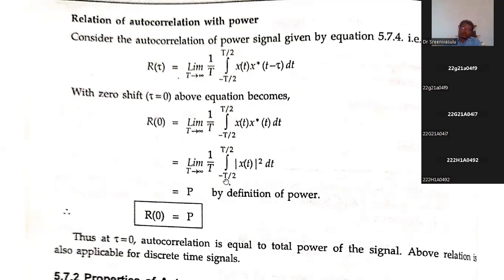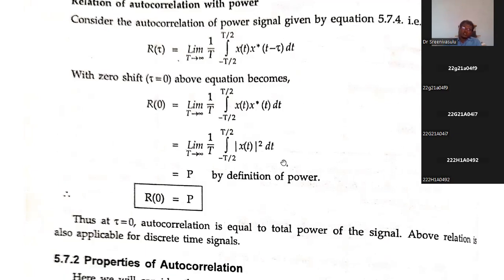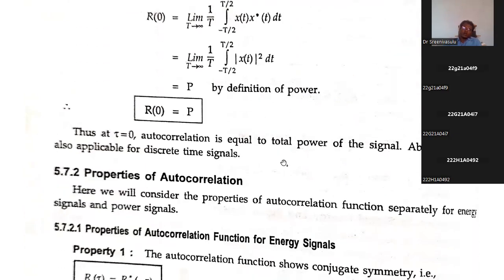So what is this? Power. The only difference is that whenever we calculate power, we consider a periodic signal, and whenever we calculate energy, we consider an aperiodic signal, meaning the interval is from minus infinity to plus infinity. Whenever it is a periodic signal, it is periodic with some fundamental period, so we see whether the limits are 0 to T, or minus T by 2 to plus T by 2, or minus T to plus T. Like that we consider the limits. That is the difference between energy and power.